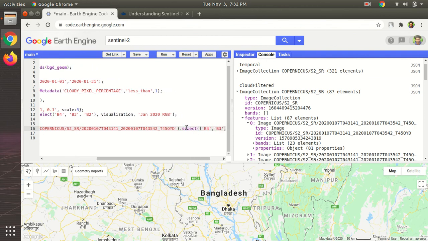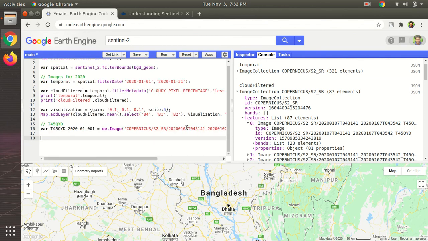I'm going to select the bands 4, 3 and 2, and add this to the map. How about we use this as the string identifier for the layer as well? That will reduce confusion, and this is turned off. Let's run this.